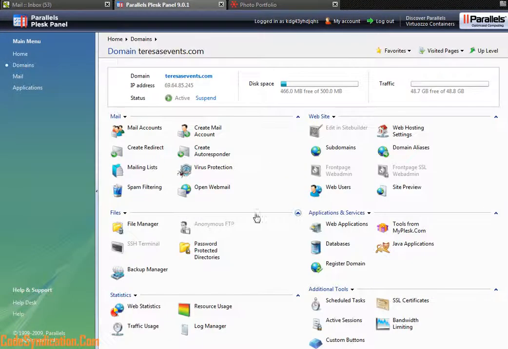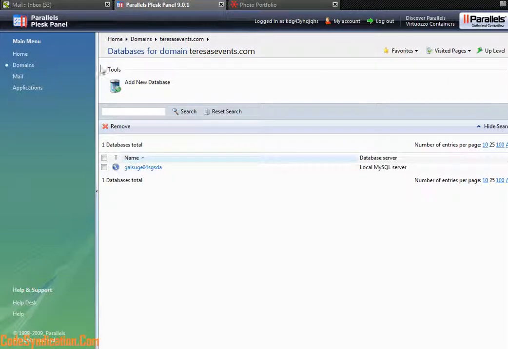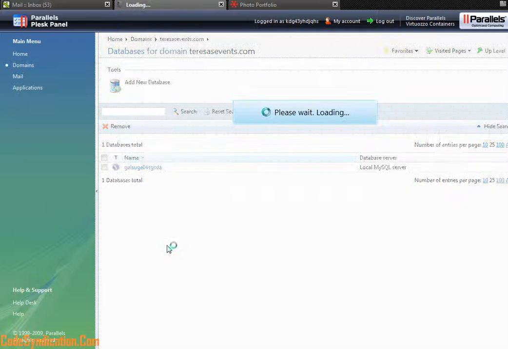Let's go back out. Databases. 9.0 comes by default install with phpMyAdmin as a means of managing your databases. But for the GUI lovers and the novices amongst us, this is really easy. Gone are the days where adding a database to your website was difficult. It's as easy as adding a new database,